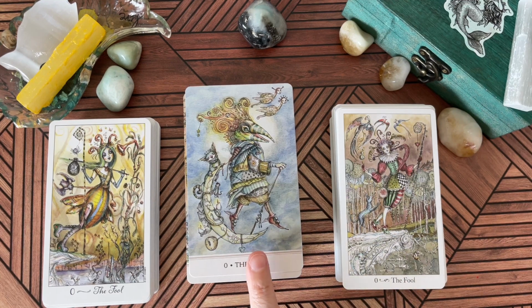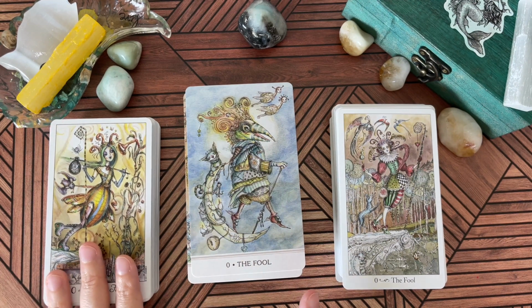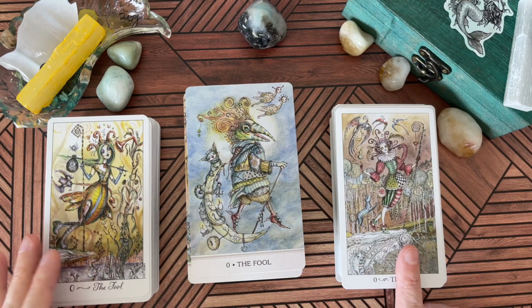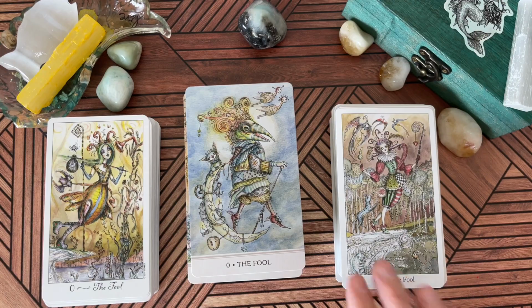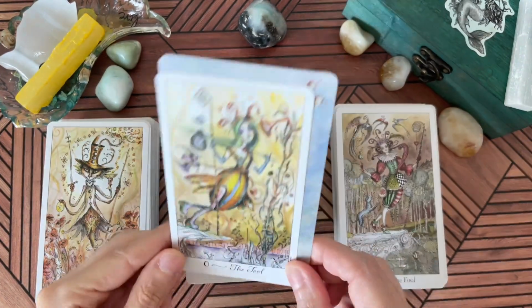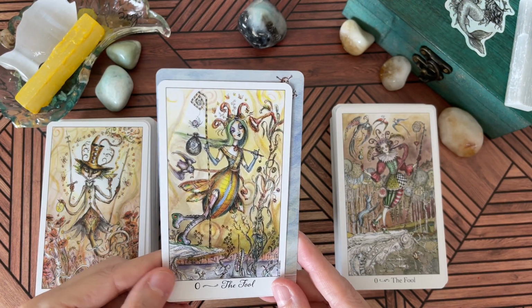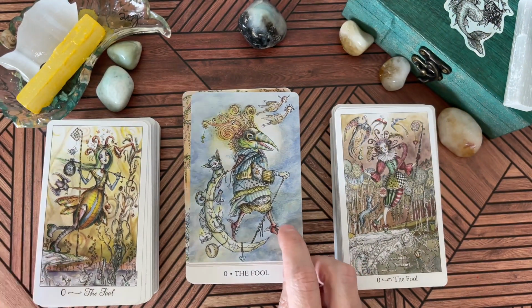Thrilled with this deck, the Phantasma Tarot. Now, as you can see, I do have the Joie de Vivre here, and I have the Paulina Tarot here. As you can see, I'm very, very thrilled because of the larger card size. As you can tell, we've got the larger card size, and because Paulina Fae's work is so detailed and intricate,